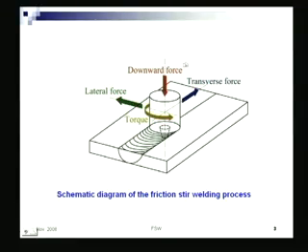Like in fusion electric arc welding, the welding parameters were the welding current, the voltage, the speed of the nozzle, the speed of the electrode. So here the welding parameters are this downward force, at what RPM it is rotating, what is the transverse force, and these are your so-called welding parameters. And other parameters are like what material this tool is made of,